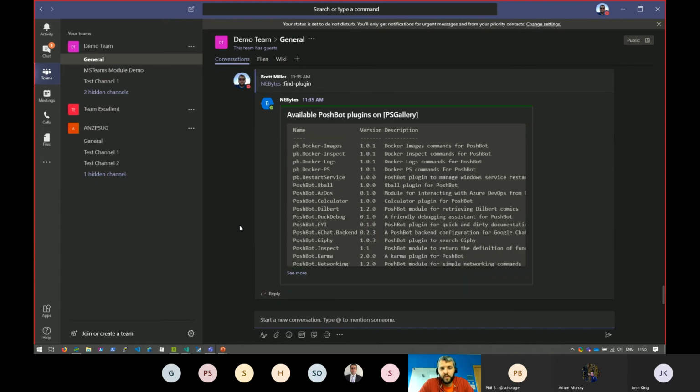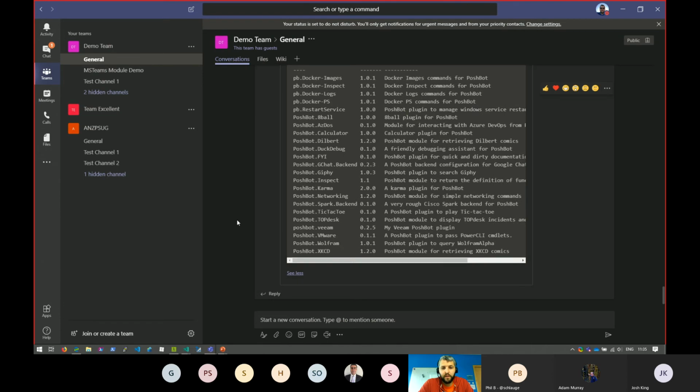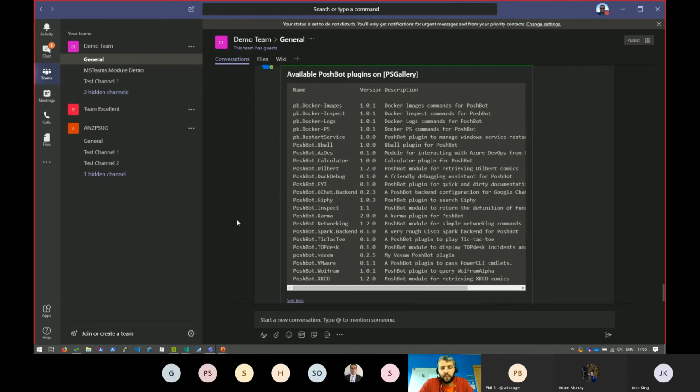So ChatOps is becoming more prominent as we have tools like Slack and Teams, and this is a medium of interacting with automation, so that you can hand things out to your first line, second line staff. There's nothing publicly available, but I've seen people who've written Active Directory modules so that you can disable and enable users within Teams. And if you set it up right within the groups and the modules and the roles within Poshbot, you can say only these people who are in this group can run this command.